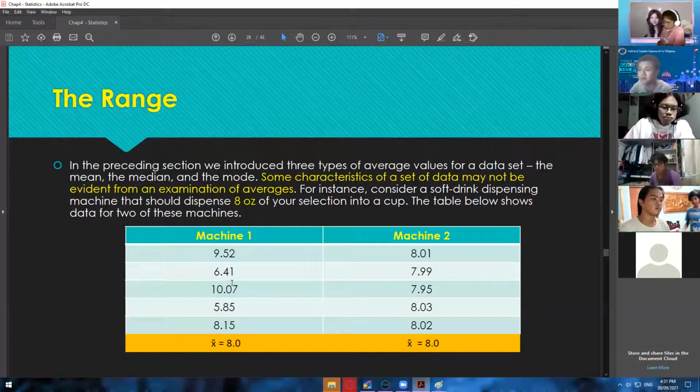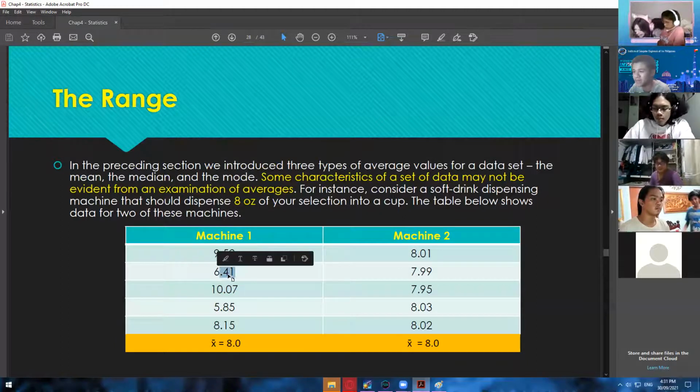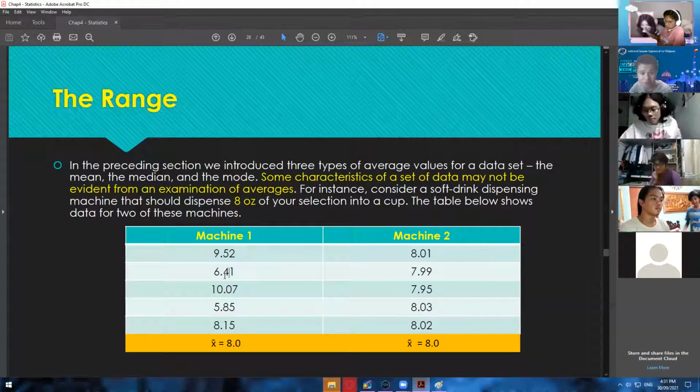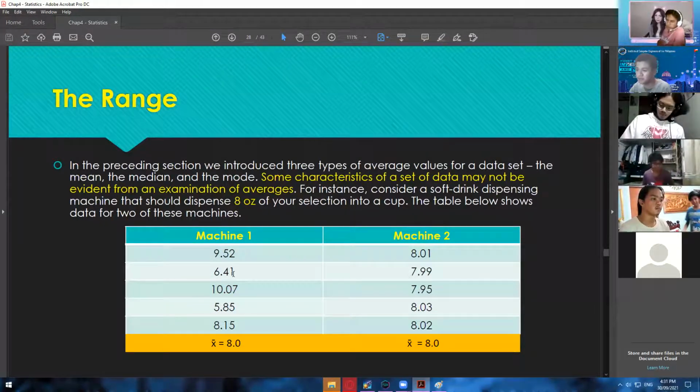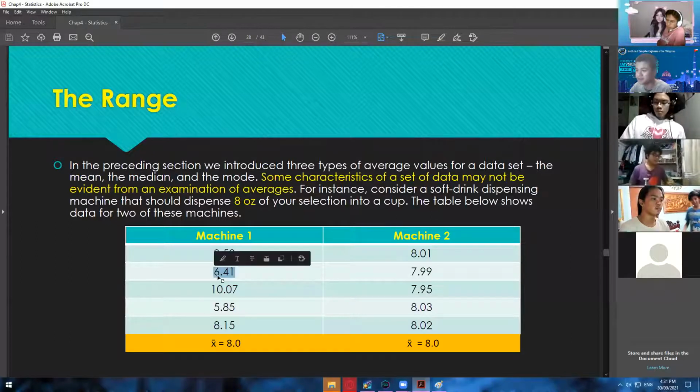If I'm the customer, I'm happy if it's more than what I paid for, right? But if you receive, let's say, 6.41 ounces instead of 8 ounces,